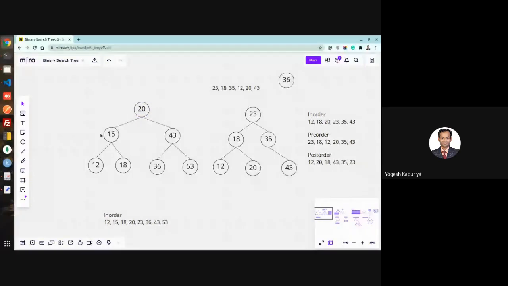Similarly, in the other case, this would be replaced and 36 deleted. Again, this is a binary search tree only. By making a single adjustment, we can preserve the properties of a binary search tree. So this is how the delete operation is performed.